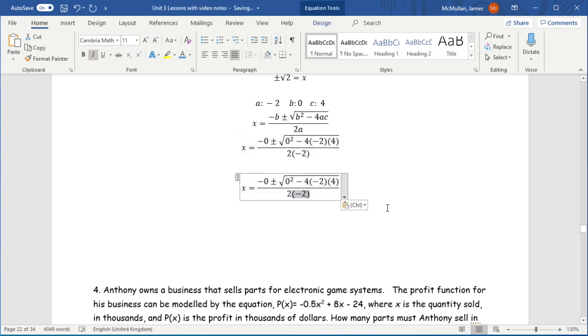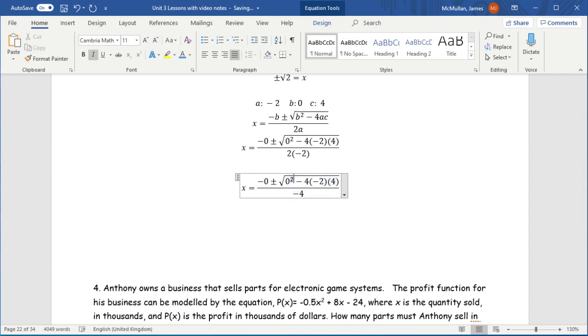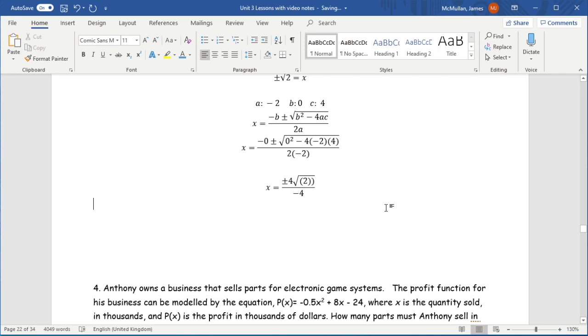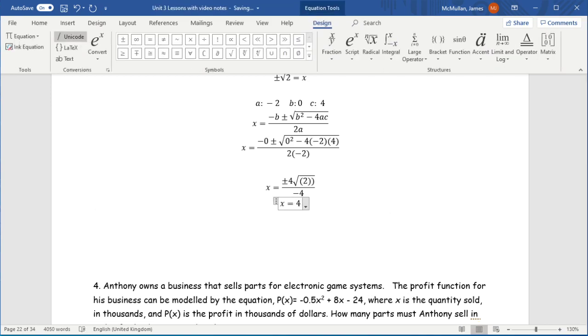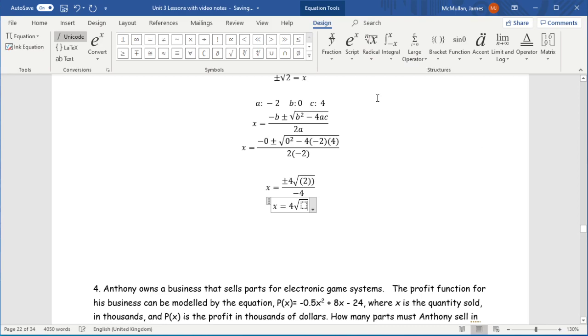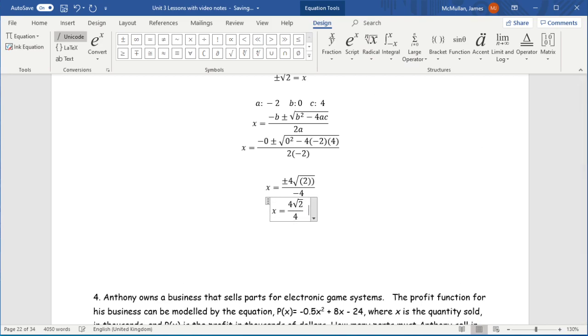Okay, so on the bottom, 2 times negative 2 gives me negative 4. Then inside the bracket, I have 0, which I can just get rid of. Negative 4, well, actually, just look at this. Negative 4, negative 2 can cancel the negatives. And then, look, it's a square root with double 4s in it. So I'm going to bring the 4 to the front and get rid of the 2 4s on the inside. I'm going to get rid of this 0 because it really isn't important. And I see that what I have here is x equals 4 square root 2 divided by 4,